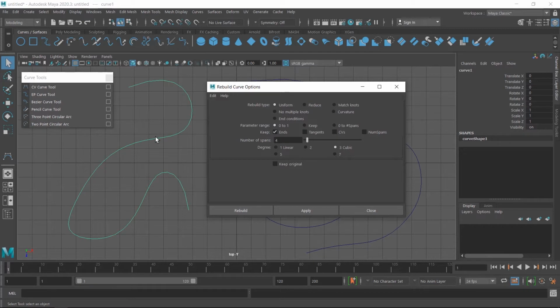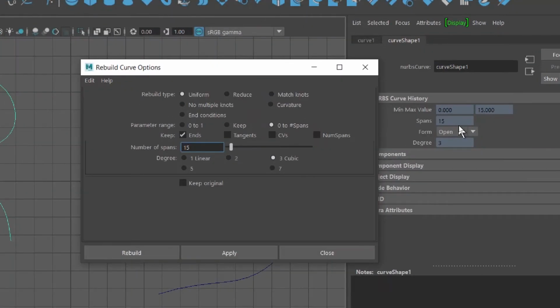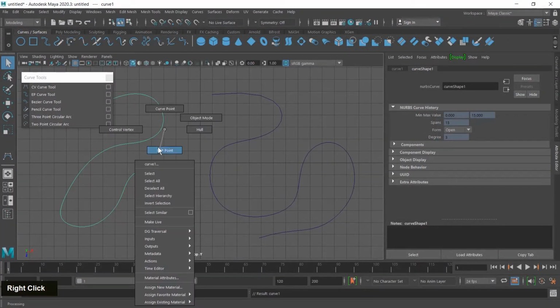First I select this object and then click on the attribute editor button, and here you can see the number of spans. The total number of spans is 10, and if you want to increase or decrease the value of the spans you can click on this radio button, and here you can change the number of spans. If you want to increase it, like 15, I type 15 and then click on the apply button. So the span value is changed and here you can see the updated span value, it's 15. First I close this dialog box and then show you what span means.